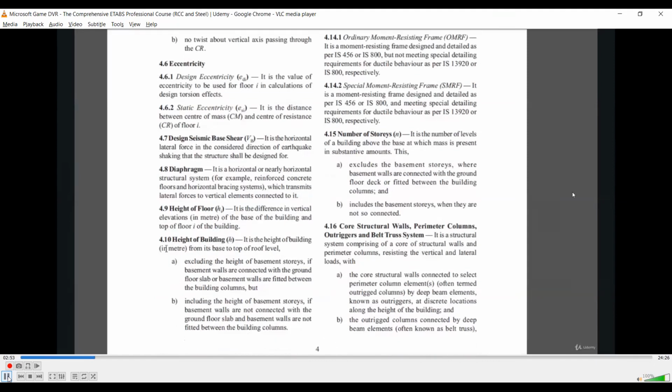It is a very important definition, the height of the building. Mostly people are confused whether we should include the basement story height or exclude it. Basically, the height of the building is from its base to the top of roof level, excluding the height of basement stories if basement walls are connected with the ground floor slab or basement walls are fitted between the building columns, and including the height of basement stories if basement walls are not connected with the ground floor slab and are not fitted between the building columns.